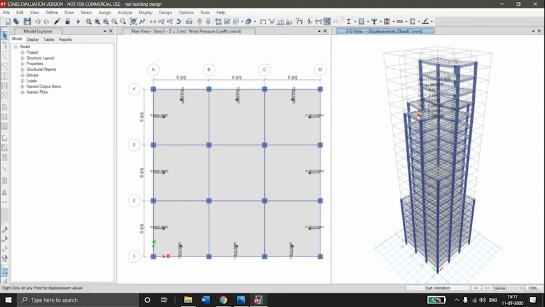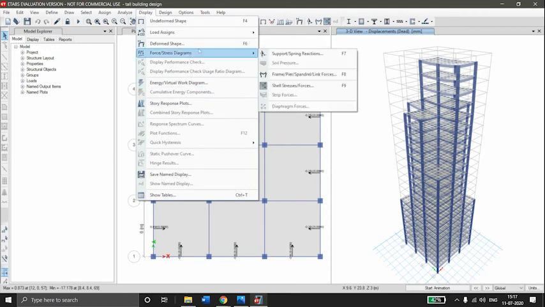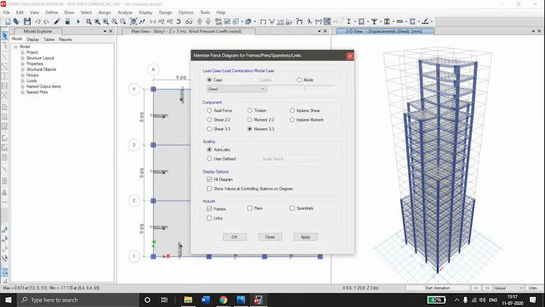We can see the displacements here. Also go to display option, force stress diagrams, frames. Here all the options like moment, shear in various directions are available. Click on any option which you want.